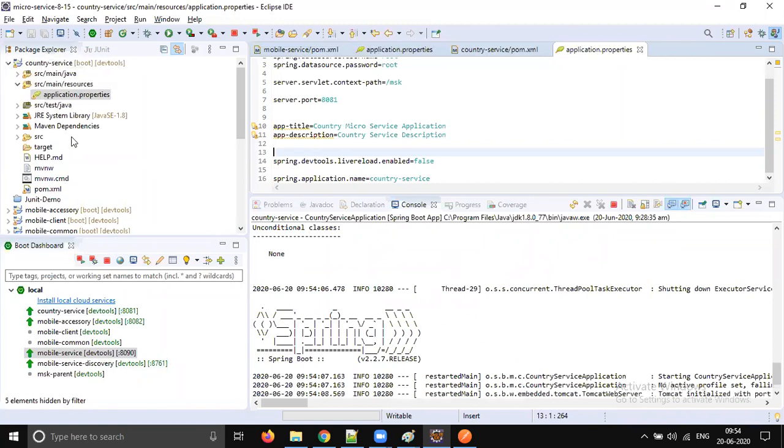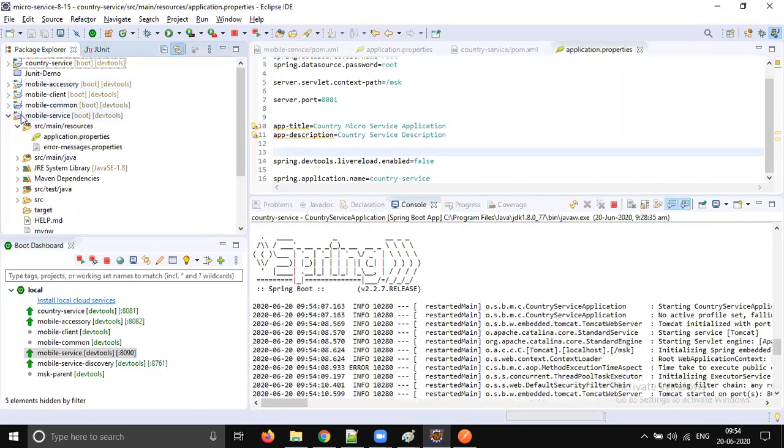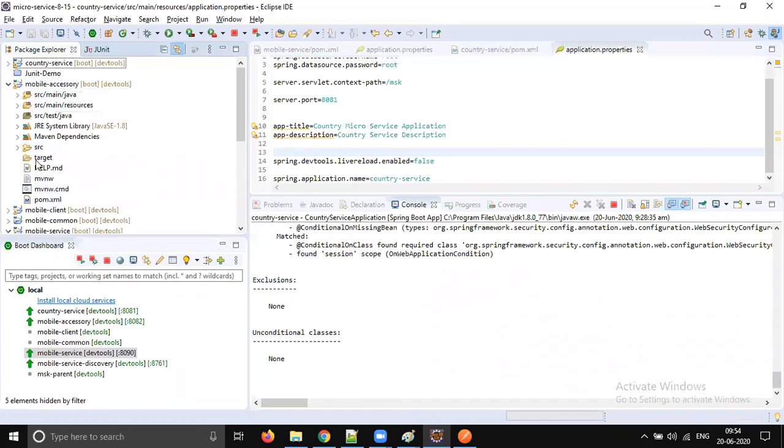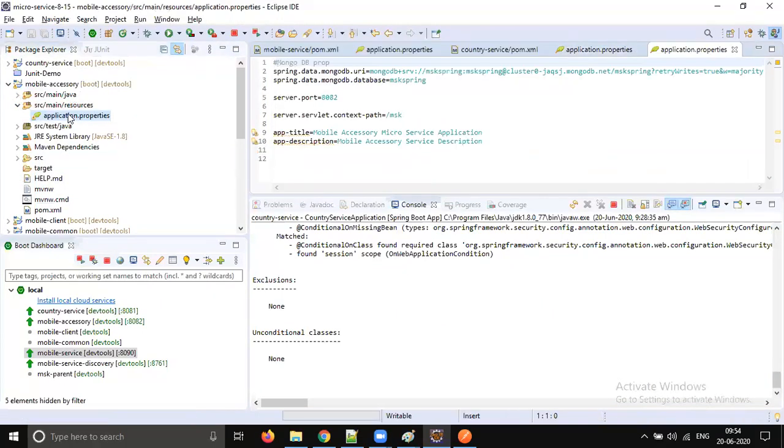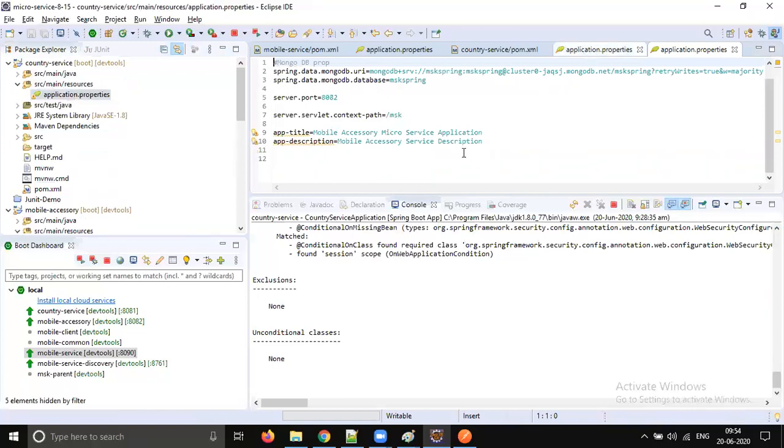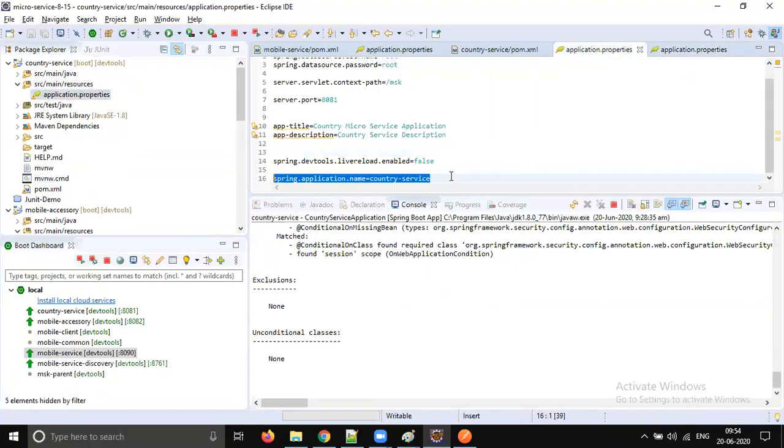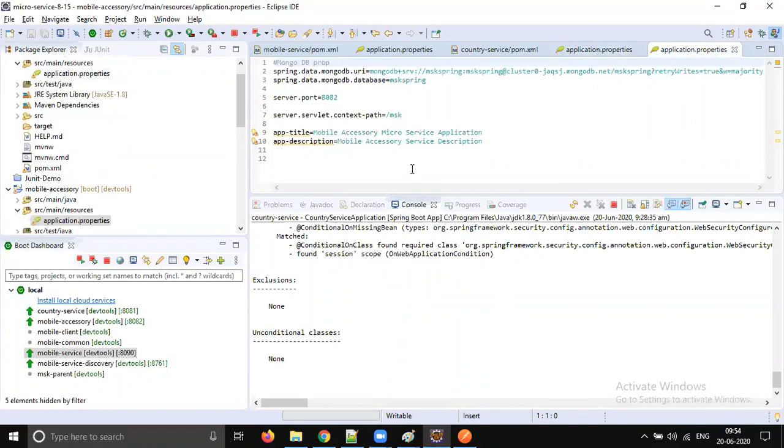Let's go to accessory, copy this, paste it over there, but change the name. It's going to be mobile icon accessory.